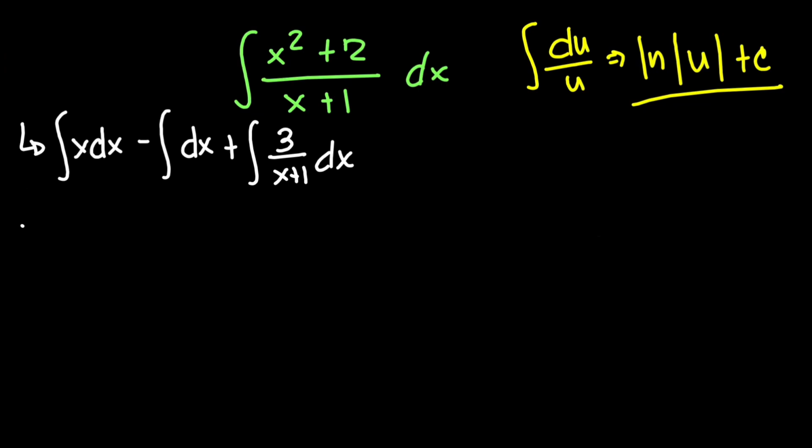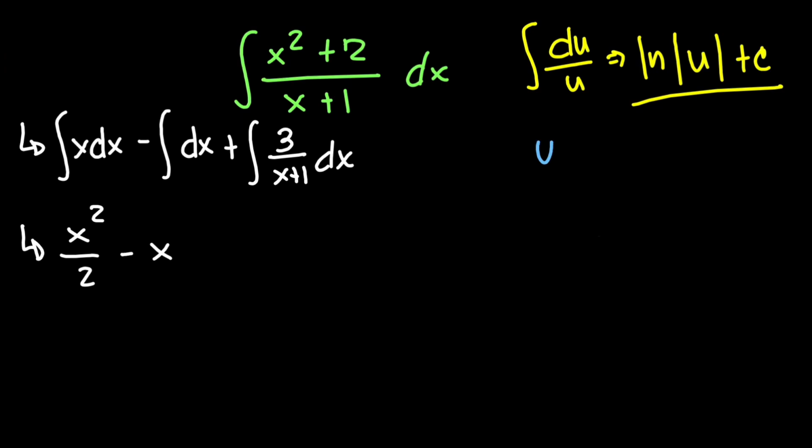And so take the integral. First, the integral of the first part, which is x dx, is equal to x squared over 2, minus the integral of dx, which is simply x. And now let us focus on this third part. We can see here that it has a power exponent of 1, but since we don't have any x here, we can conclude that the denominator has a bigger exponent power than the numerator,